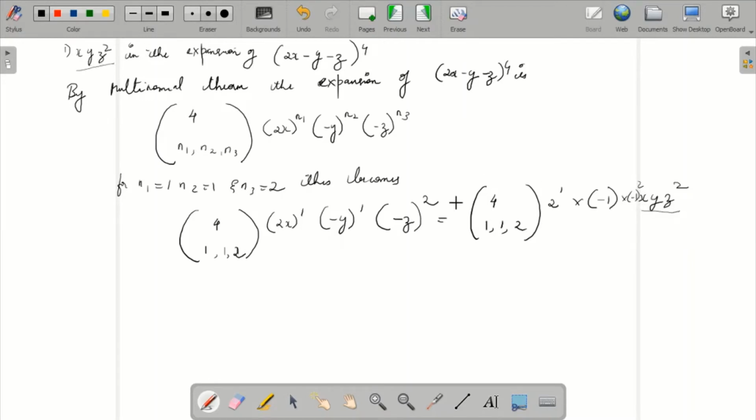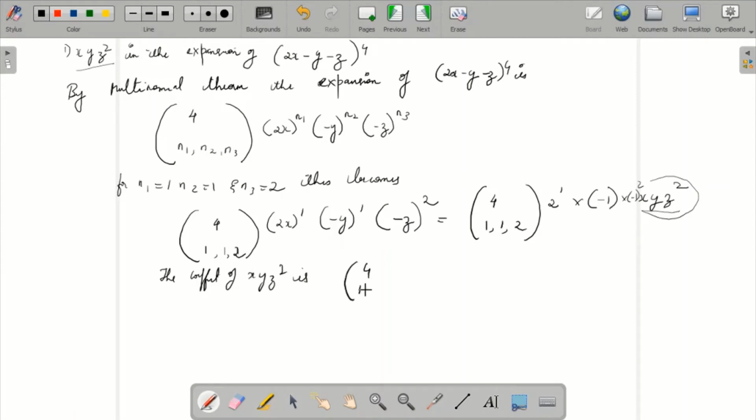So what if I substitute over here, I will get this particular section. x to the power 1, y to the power 1, same like how we did binomial, z to the power 2, I'll get it as xyz square. So here I got that particular term that is required. Then you find the coefficient. Therefore the coefficient of xyz square is